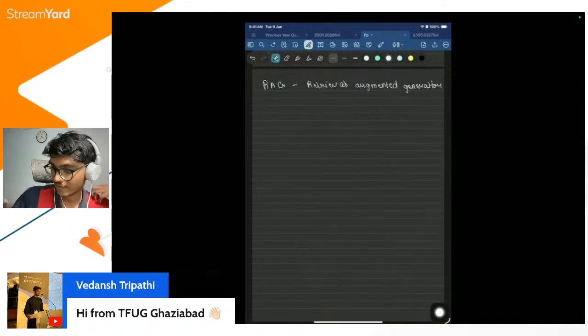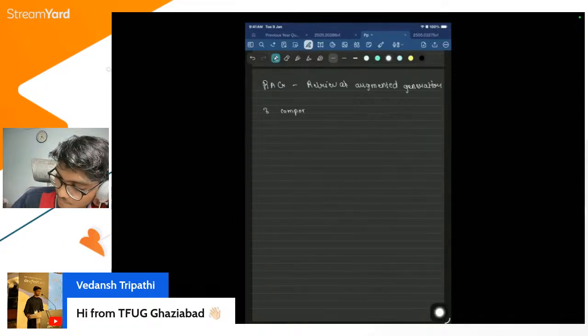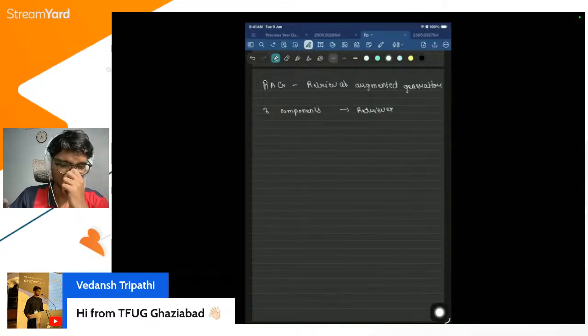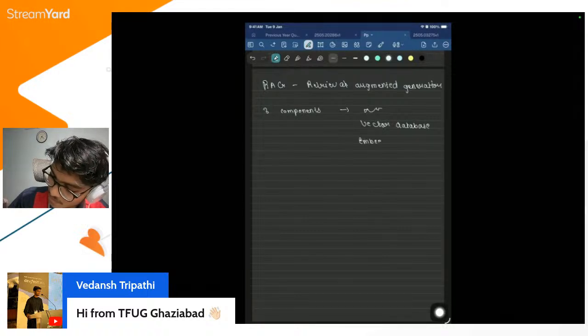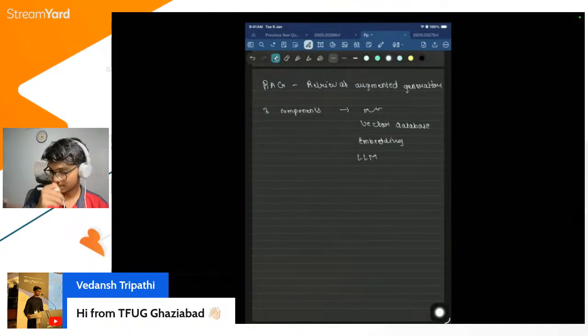So RAG is retrieval augmented generation, and it consists of 3 components. The one is a vector database, a embedding model, and a LLM model. So what happens with RAG is I have a PDF or Word document,